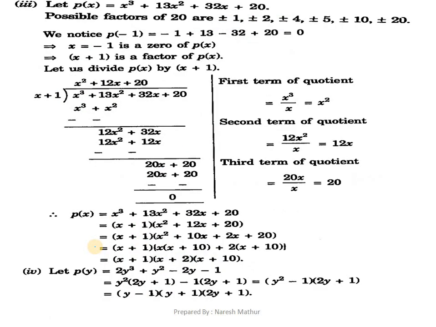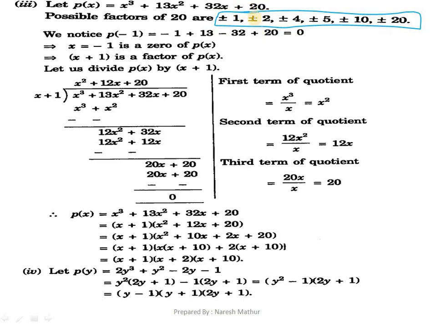Alright, let's see the next two. We just need to follow the same. Now here just focus, the last number is positive 20. So here we have many possible values for the factors of 20. So it can be 1, 2, 4, 5, 10 and 20, any of the numbers which divide 20. So we'll start from the smaller number, and when we get the first one, just stop. We need not try all the numbers. We just hit and try any number, so that we can get 0 once only.